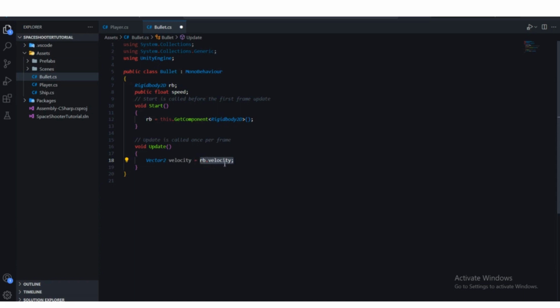We are putting rb dot velocity into this velocity variable. Now we can customize velocity dot y equal to speed. Firstly we take rb dot velocity, put it into this velocity, and then we are going to